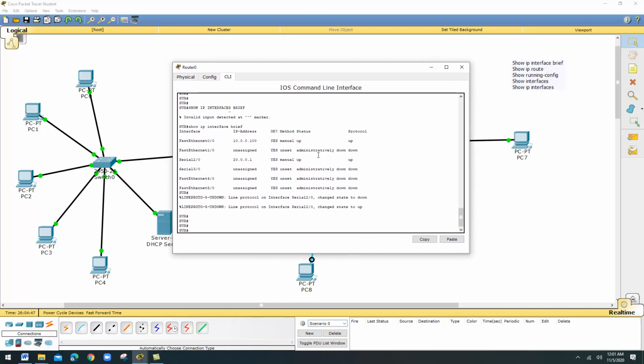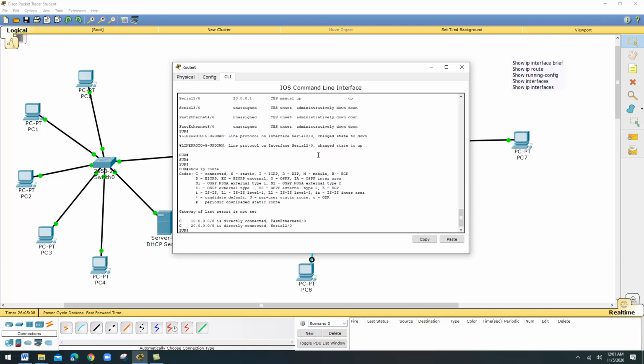Then the next command is show ip route. This is the name of this command, used to display the routing table. In the theory part we discussed what a routing table is and all about that. So this particular command is going to display the routing table. Now show ip route, you can see there are two networks directly connected. This is the routing table, a very small routing table. If the number of networks increases, automatically the routing table will also increase.